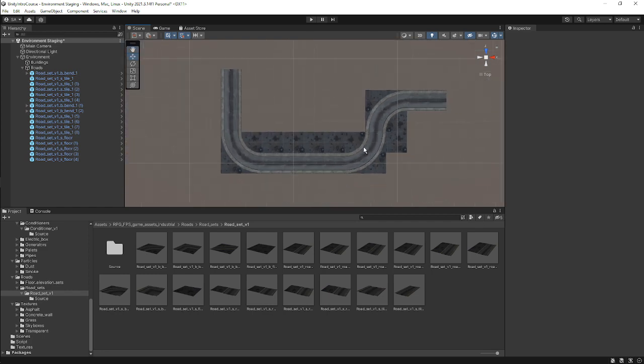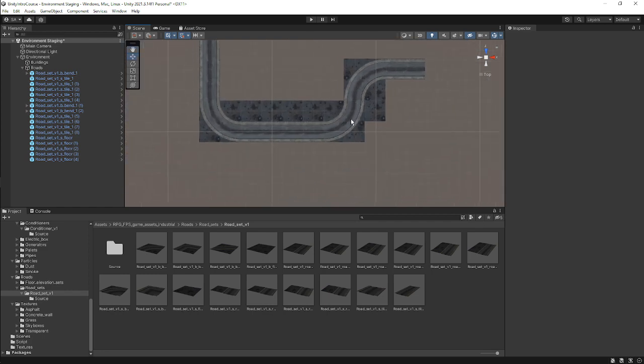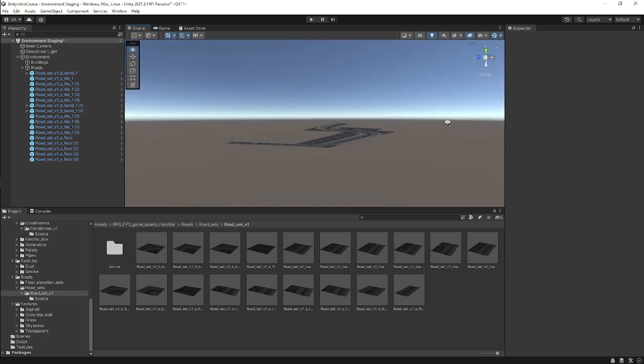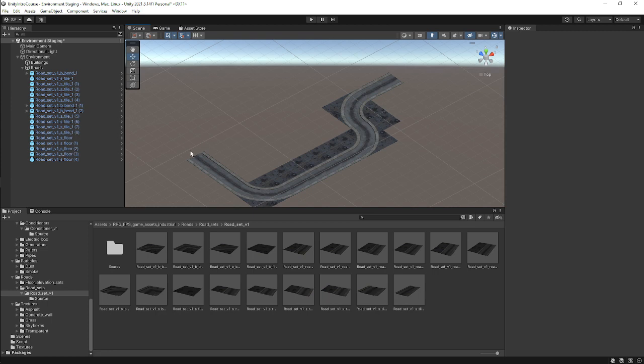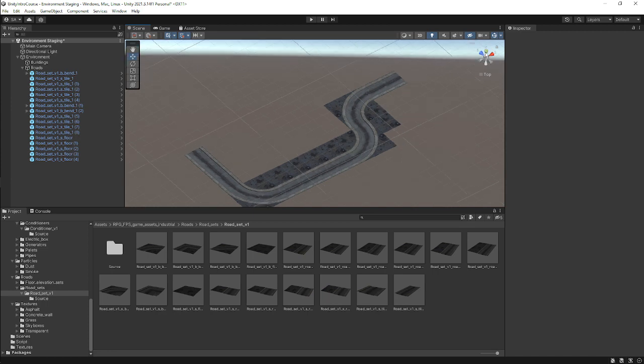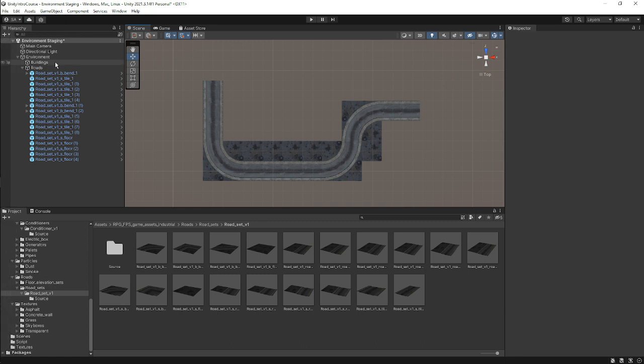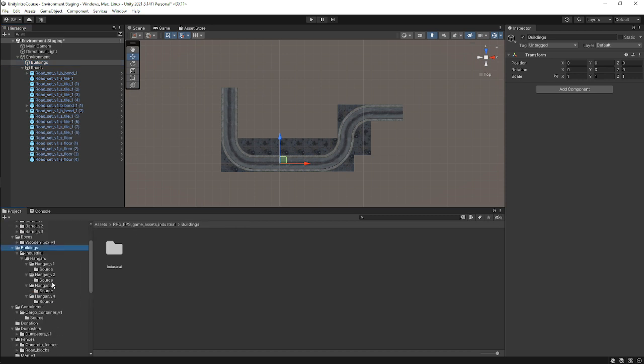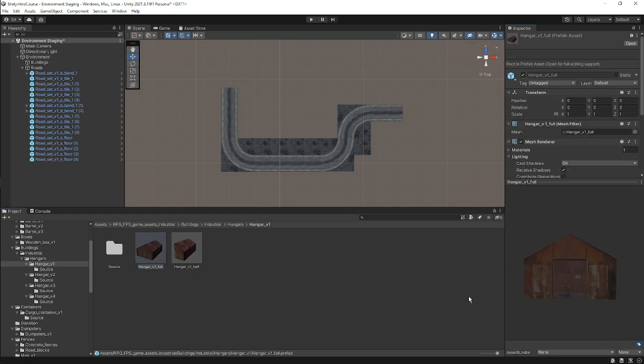Okay, so I think this looks okay so far. What I want us to do now is, so this is a sort of road. It comes all the way here and then all the way there. So now in our buildings, we want to cover up these two parts. Okay, so let's go to buildings, and look for a building that can cover these two parts, probably like an entrance. I think one of the ones that could work is a hangar,